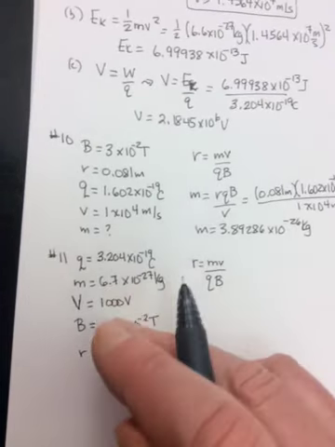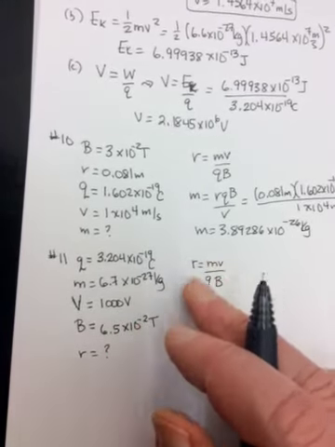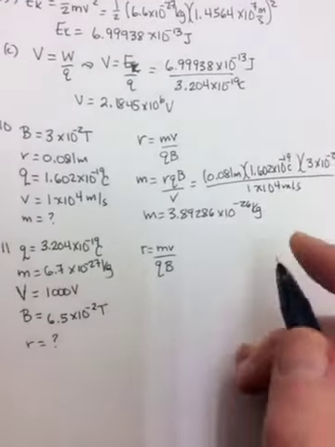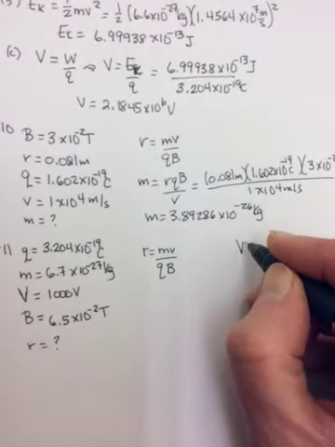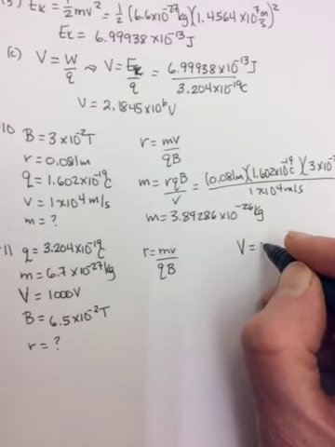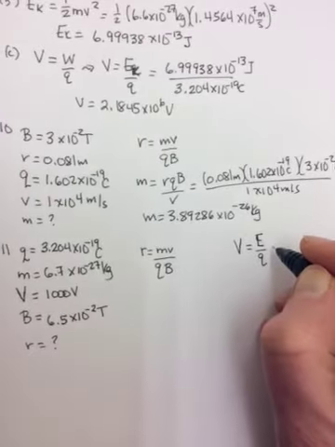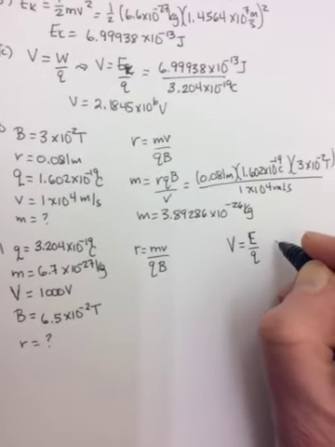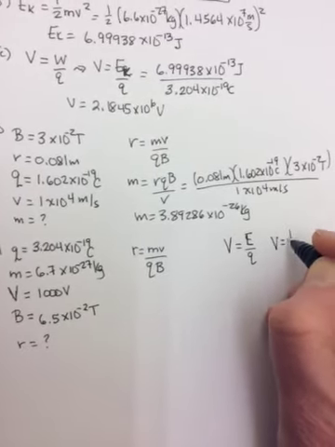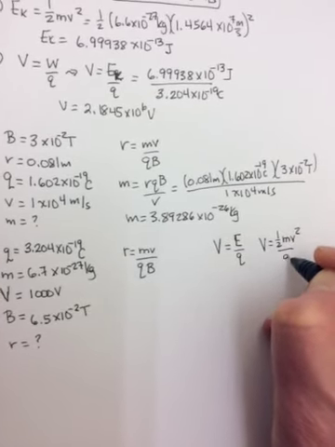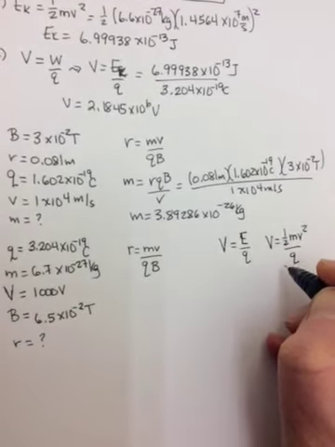So the question wants r, but you cannot get it right away. You need to go to v. So we know that voltage V is equal to E over q, or W over q. In this case, it'll be equal to kinetic energy when you're doing a spectrometer. So one half mv squared over q. So we could find